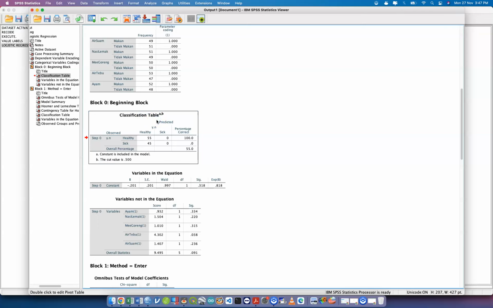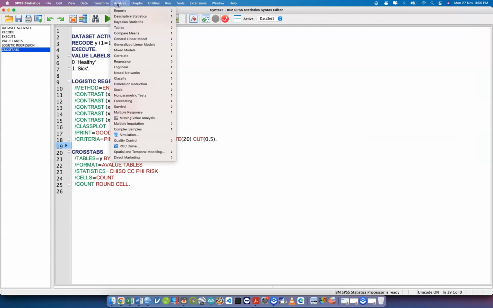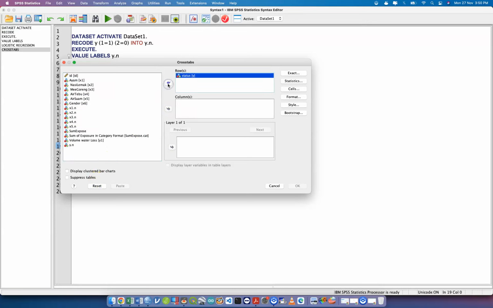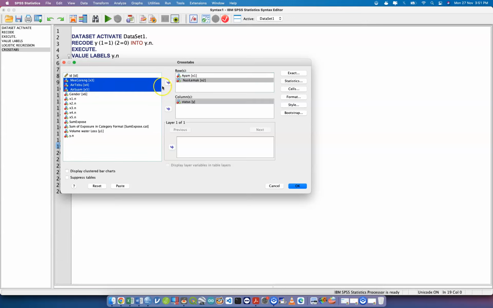Has it come out yet? Not yet, I haven't calculated. With regard to this, some of you might remember that before this we learned about cross-tabulation. Cross-tabulation enables you to analyze in a singular manner. That means the status should be inserted inside the column. And then you need to insert the chicken, which is X1, followed by X2, and then X3, and so on until X5. All these foods are going to be